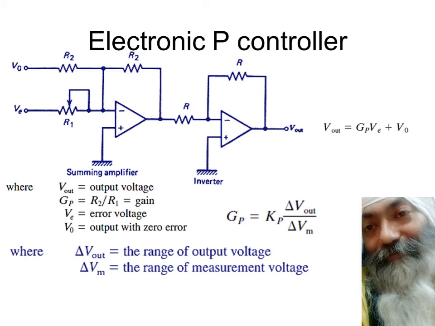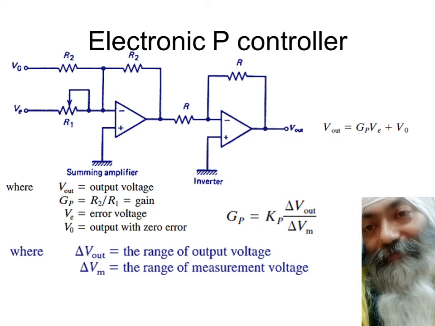You see, the controller is giving some output. That output may be 1 to 5 volt. Controller is getting some input, and that input may be 2 to 10 volt. The two ranges are not equal. Had the two ranges been equal, in that case GP would have been equal to KP without any doubt. It would have gone just like that with eyes closed. But here we have this issue.